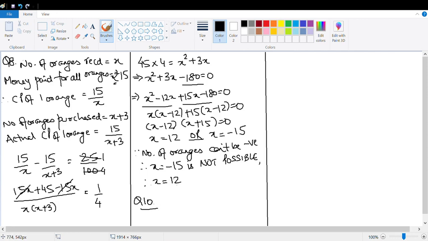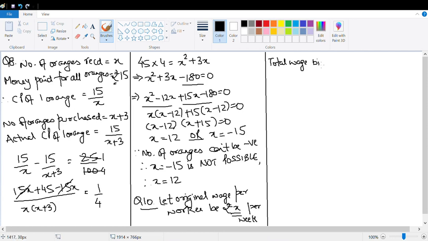Perfect. So they've given us what the variable is. So let original wage per worker be rupees x per week. Weekly, so per week. Perfect. So this is rupees x per week for one. How much money is he paying? Total wage bill. So total wage bill right now is rupees